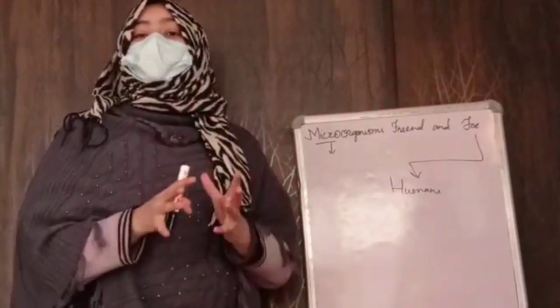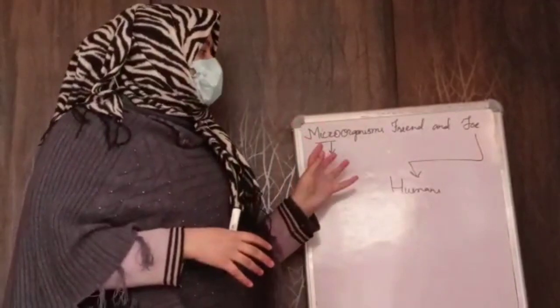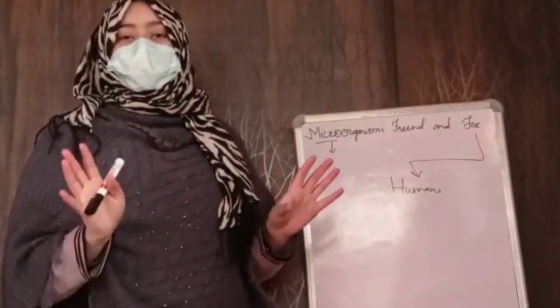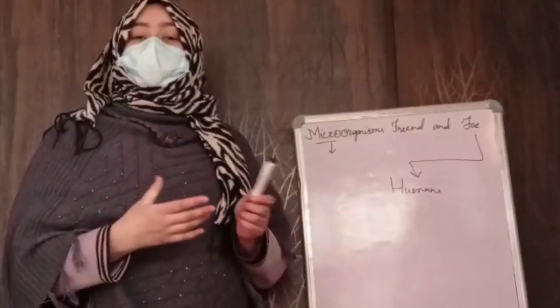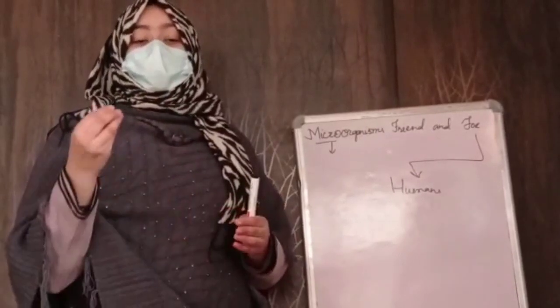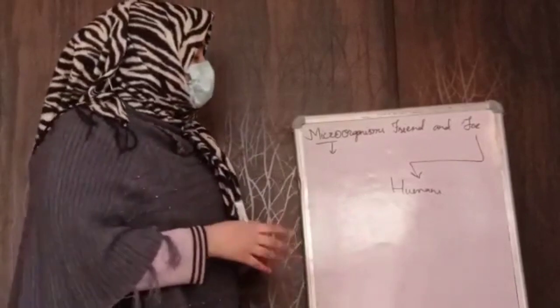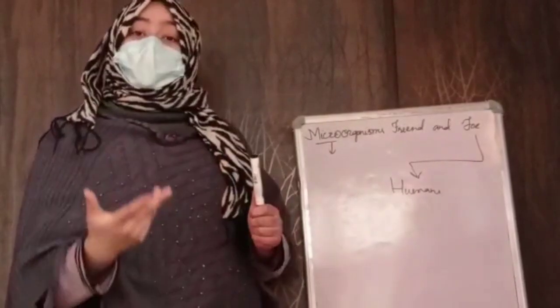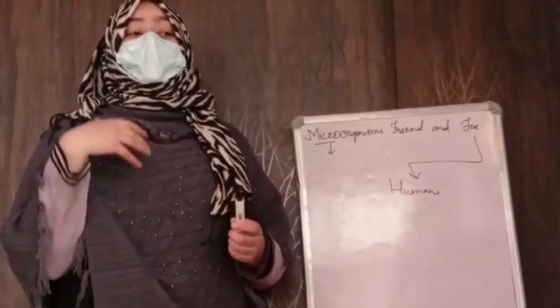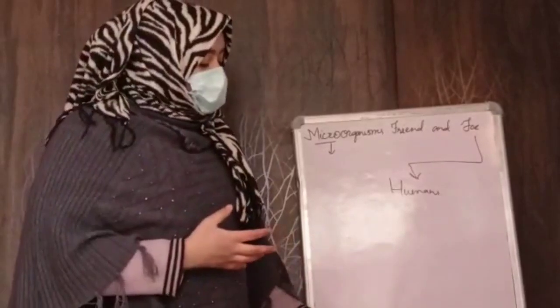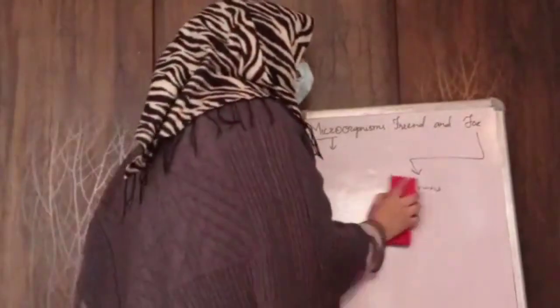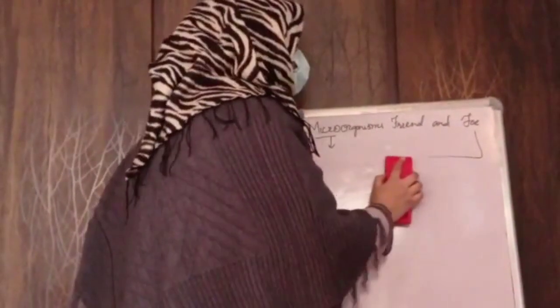Also in plants, some microorganisms, we can also call them microbes. These microbes reduce the productivity of crops like oranges and wheat. They also cause food poisoning, and they spoil the food we eat. So these are the things where they act as our enemy. They are harmful to us.